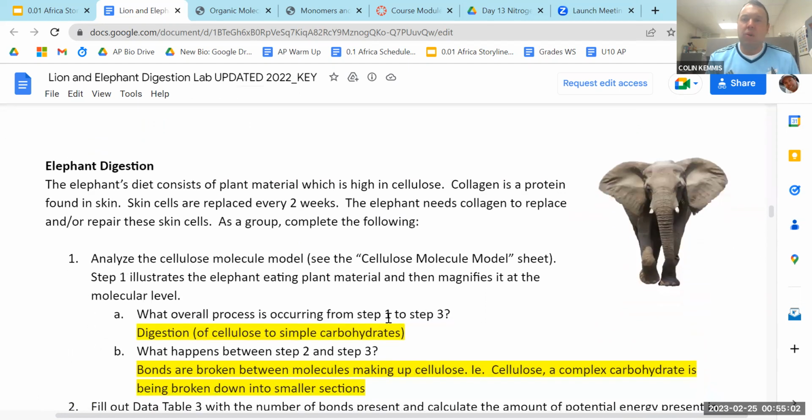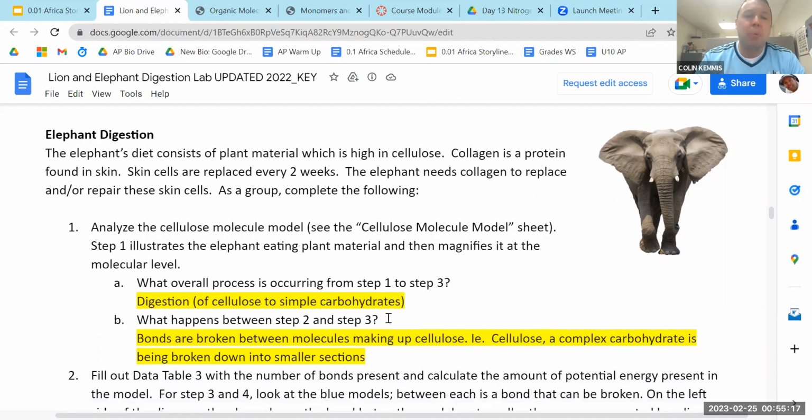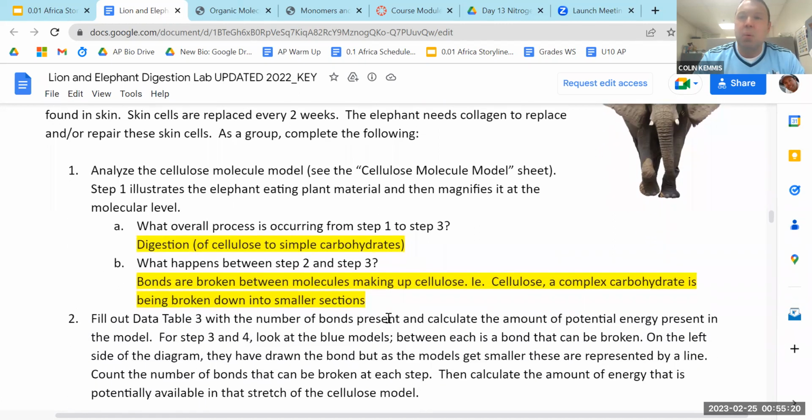Page 3 and 4 was the elephant digestion, and elephants eat mostly plants. So we're going to look at the carbohydrates that they use there. Overall, the process is called digestion. No big secret, digestion. And what happens? The bonds are broken. And we're going to digest the big plant molecule cellulose. This carbohydrate is a polymer of glucose. When we break bonds, we're going to release energy. And we'll also release glucose, which is useful to make